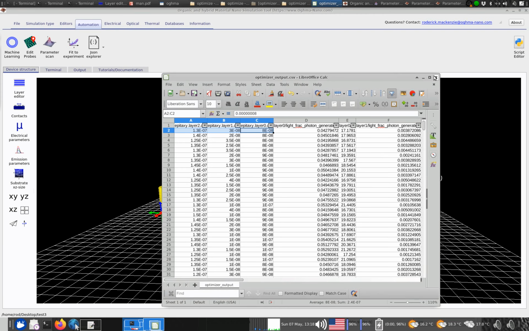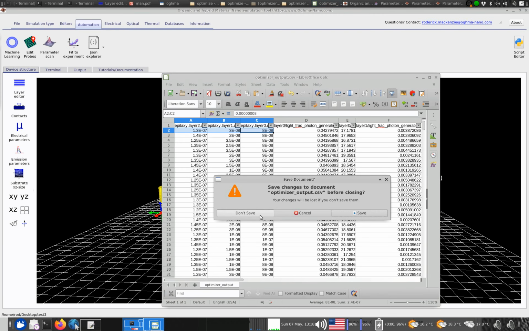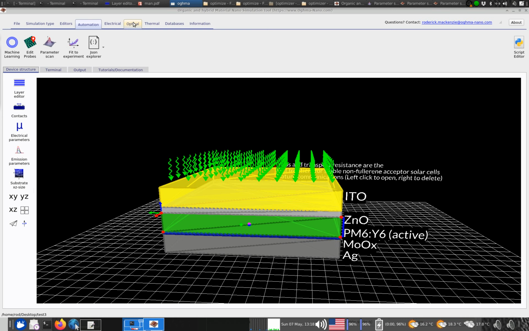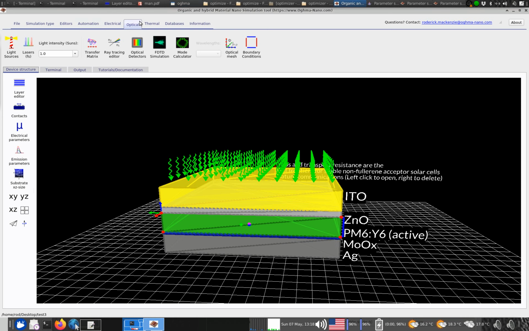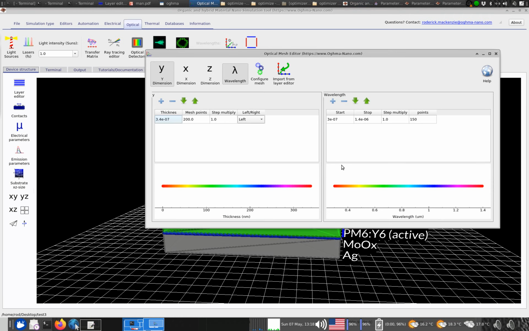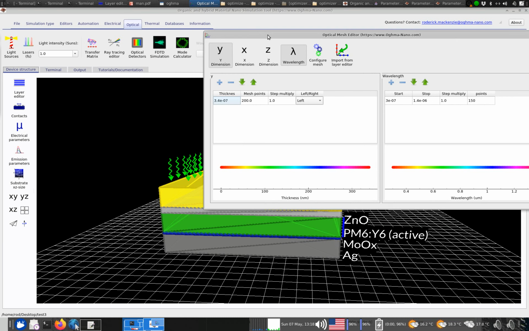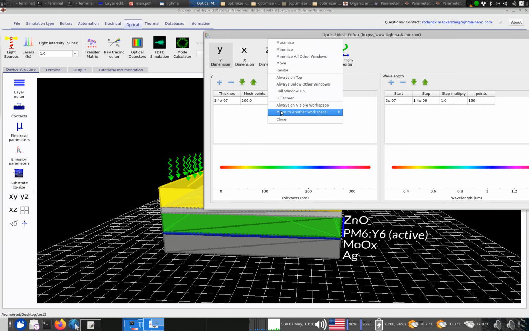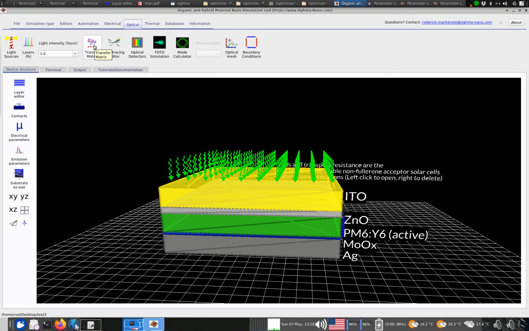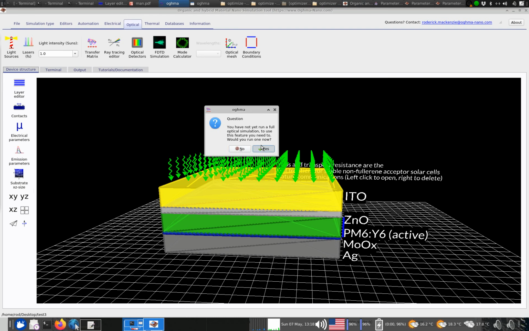I'll just show you one or two more features whilst we're here. We're just doing optical simulations here, and optical simulations are governed by this optical mesh. So let me step back. The simulations performed on this device were transfer matrix simulations. So if we open the transfer matrix window and click yes,